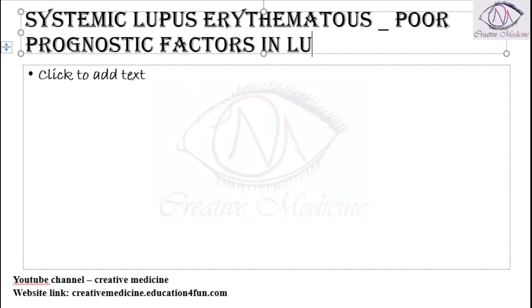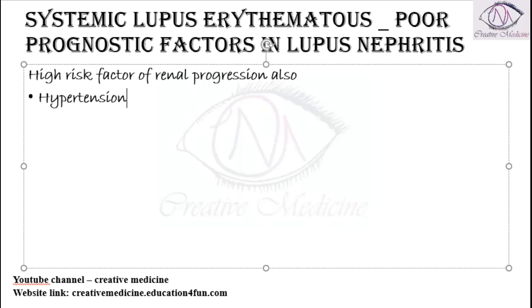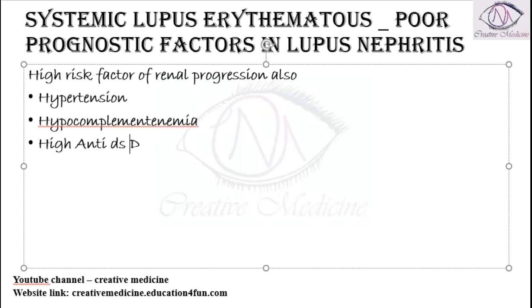factors in lupus nephritis. These poor prognostic factors are also high risk factors for progression of the renal disease. So for renal progression, they are high risk and they are also poor prognostic factors. These include hypertension. We have hypocomplementemia, which can result in rapid progression if the patient has high anti double stranded DNA antibody titers, if the patient is